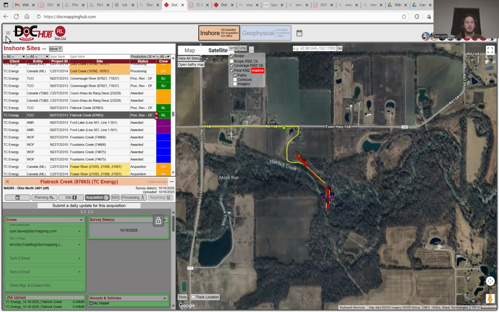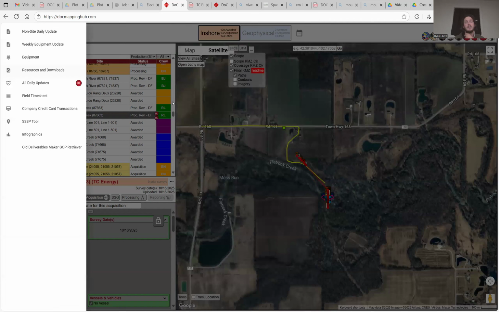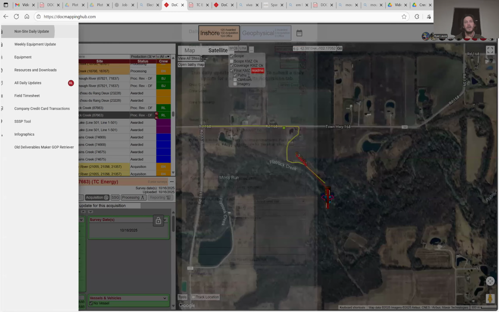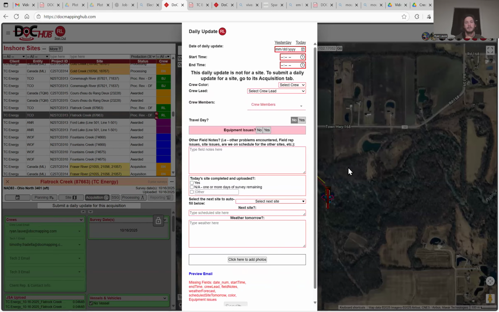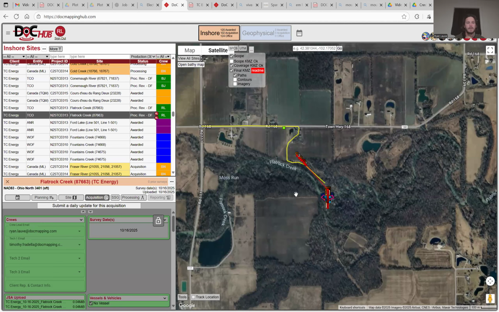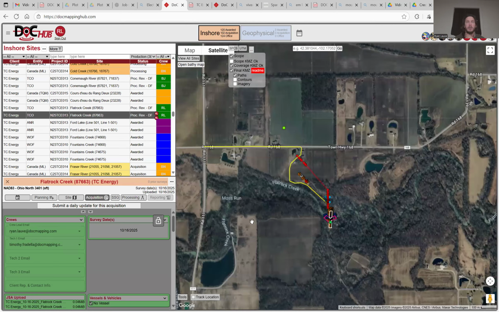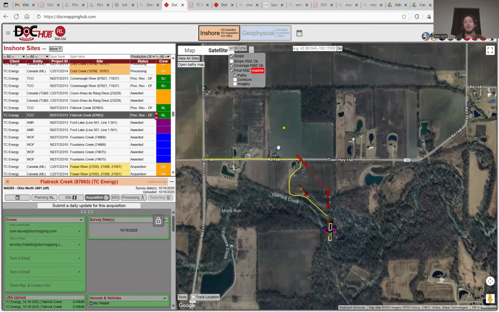There are a few scenarios where you might have to submit a daily update that's not related to a site. And you can submit this here and fill it out the same way. Another cool feature is, say for instance, you're writing the report and the site was 4 or 5 days long, and you really can't remember the order in which you approached the site. You can